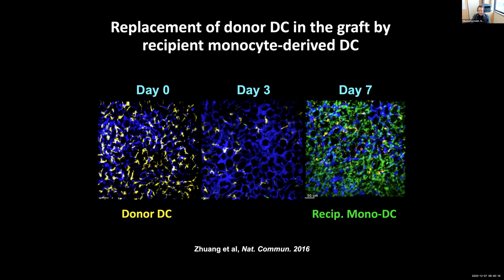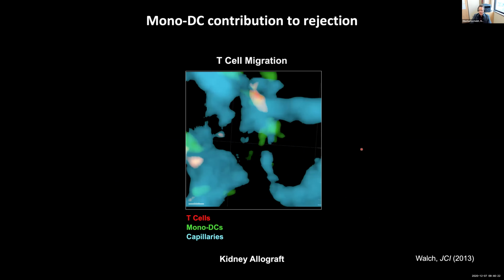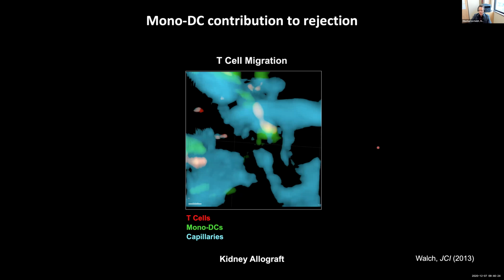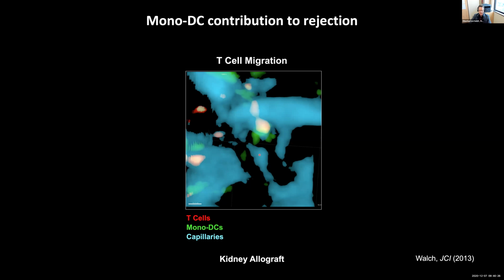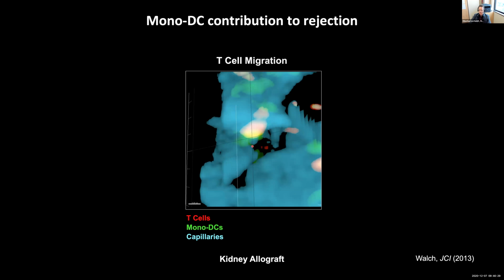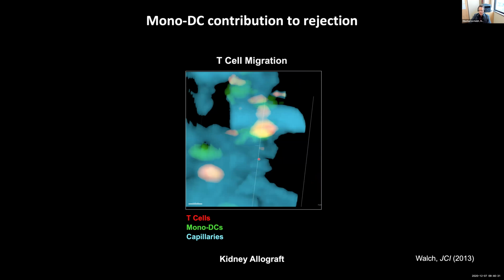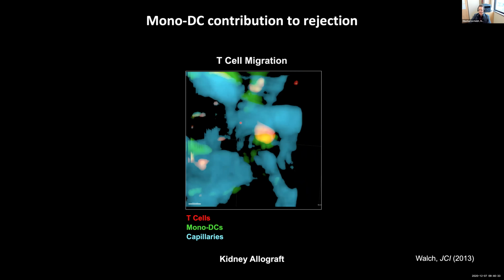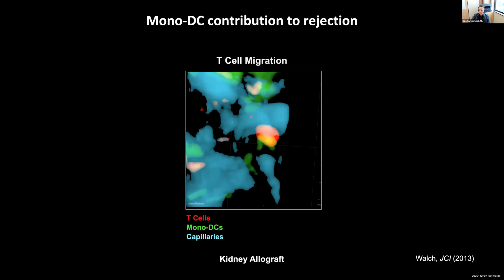Now, we were asking, what are these mono-DCs doing when they infiltrate these allografts? And one of the functions that we were able to elucidate by intravital imaging, looking at colored T cells and colored monocyte DCs in the graft, is that mono-DCs are responsible for